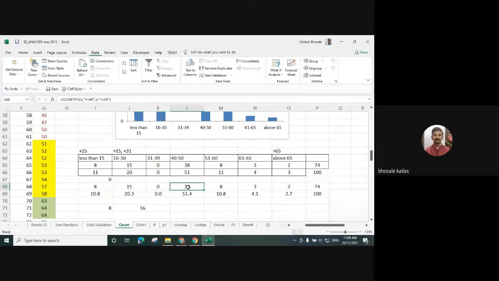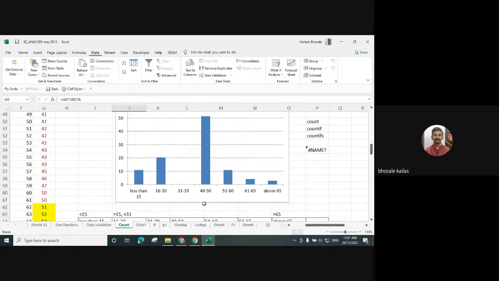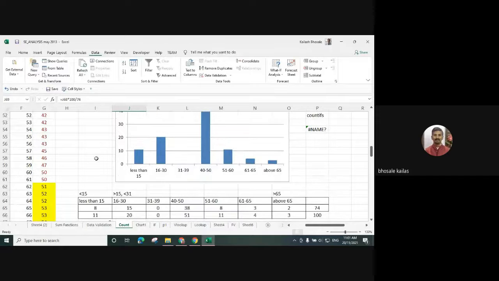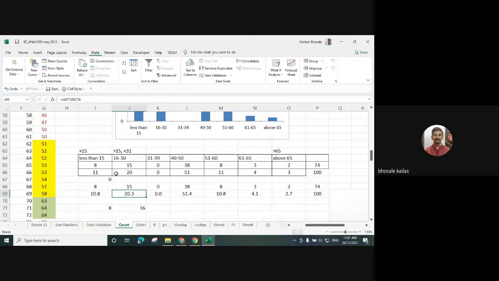After that we can get the values, and for these values we can plot the graph.